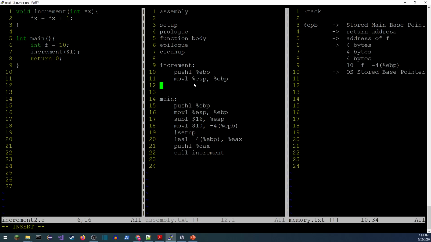Okay, so now that we got this all taken care of, we've got the parameter there. This is the address of stored right there. What we need to do is go ahead and do this computation, and we'll do it in 3 steps, I believe. First, we need to go get the value, so we need to dereference that pointer. Then we need to increment it, so that'll be the +1 there. And then we need to go back and store it in the right spot.